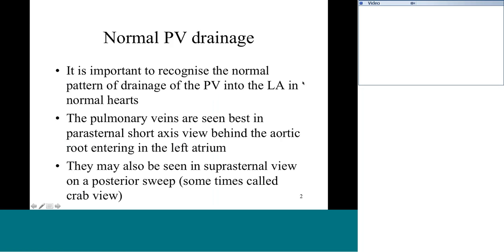So if you look at what is a normal pulmonary venous drainage, normally there are a couple of pulmonary veins that drain into the left atrium from the right lung and another couple of them from the left lung. It's important to understand